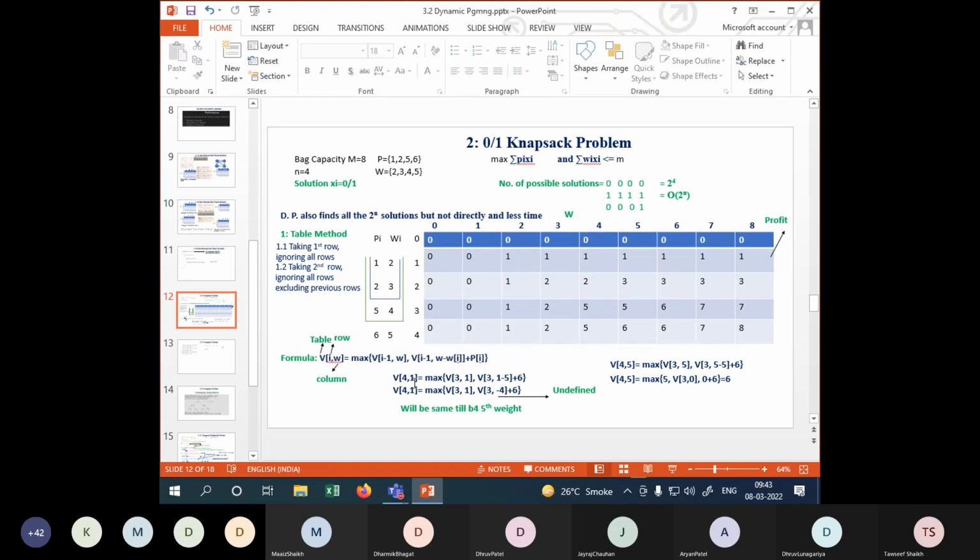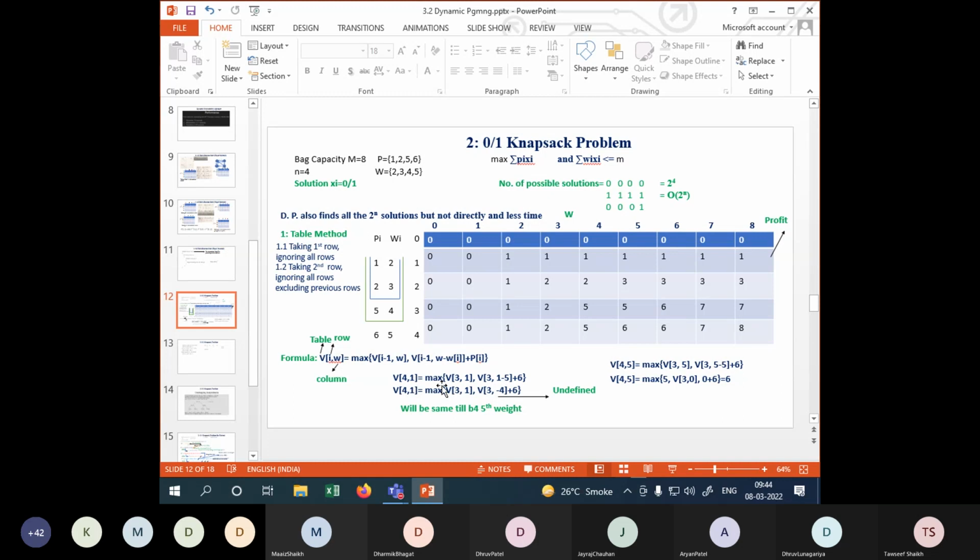Suppose we have to find this V of 4, 1, क्योंकि यहां तक हमने इस टेबल को फिल कर दिया। अब इस रो को भी हम फिल कर सकते हैं इसी तरीके से जैसे हमने यहां तक फिल किया, but we will fill this one using the formula, है ना। तो इसका पहला आइटम क्या है, 4, 1, क्योंकि ये तो 0 होगा ही, ये तो पता ही है हमें, क्योंकि हम कुछ भर ही नहीं रहे तो प्रॉफिट भी 0 होगा। तो 4, 1 का मतलब क्या है वो फाइंड आउट कर दो, है ना।